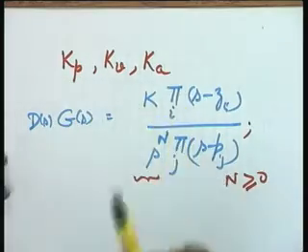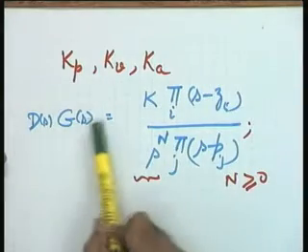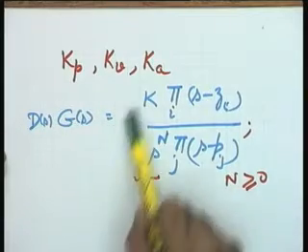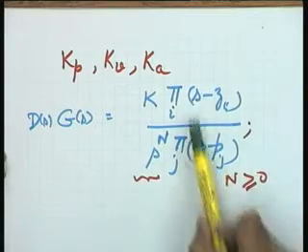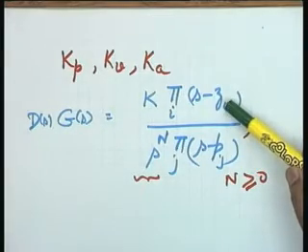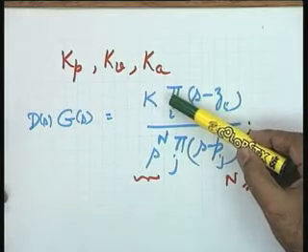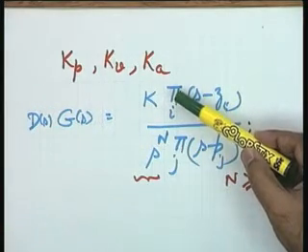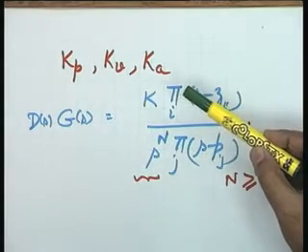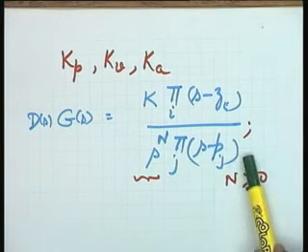Now you see that in all the formulas which we have seen for Kp, Kv and Ka, the limit is s goes to 0 in G(s), or s multiplied by G(s), or s squared multiplied by G(s). Now if you look at this expression, if s goes to 0, please see that this is not going to create any problem, and the same will be the situation he pointed out if n is negative, and s in the numerator also is not going to create any problem for me because the corresponding magnitude will be 0, and 0 is a defined number, does not create any problem for me.